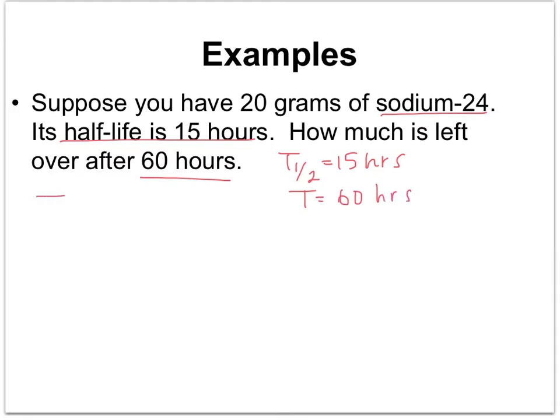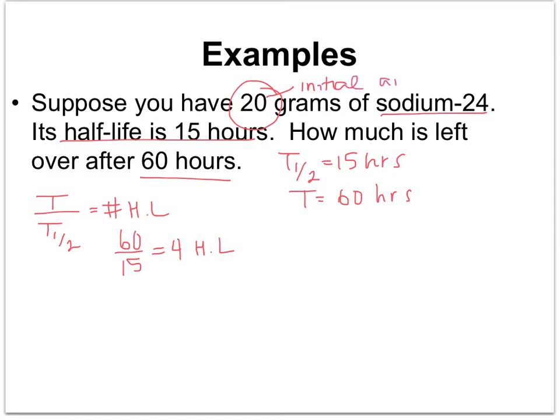So using our equation, T over T1/2 equals the number of half-lives. We'll find that 60 divided by 15 is going to give us 4 half-lives. Knowing that we were starting off with an initial amount of 20 grams, we will go ahead and cut that in half